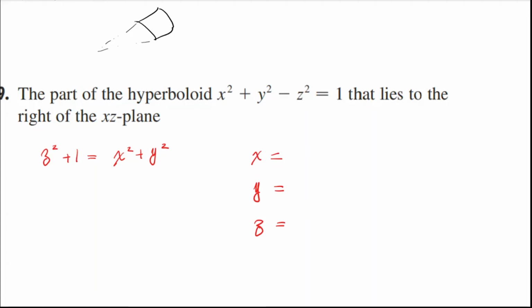Okay, now let's just think about x and y first. It was a cosine and sine, right? And the radius in the xy plane at least was 1. Correct, when z is equal to 0. Okay, let's just think about that. So maybe we should start with cosine u and sine u. Okay. Then